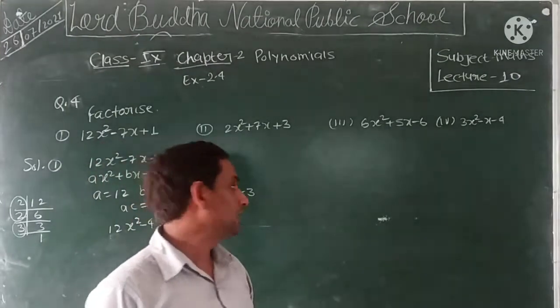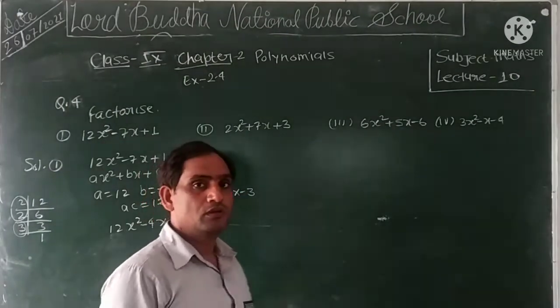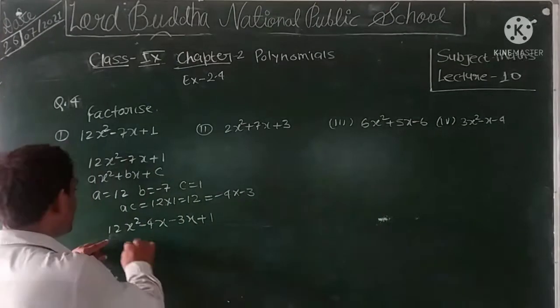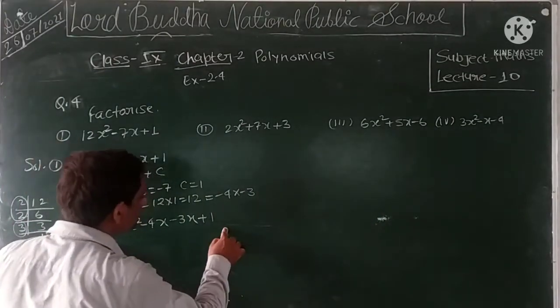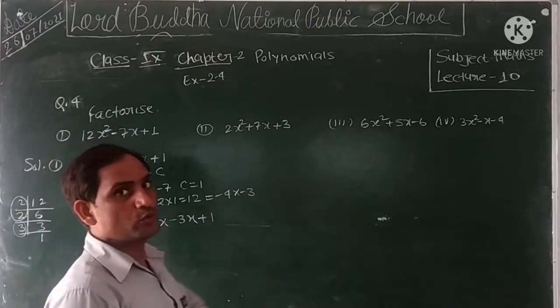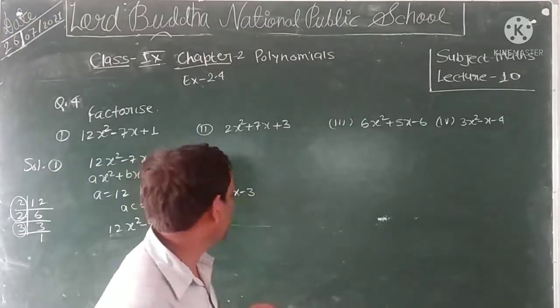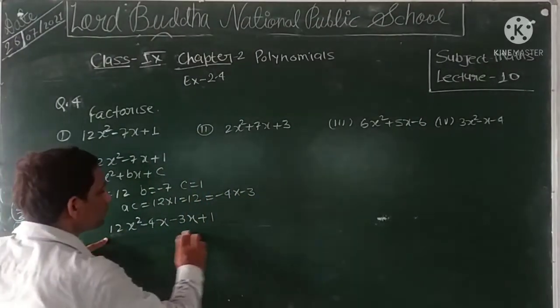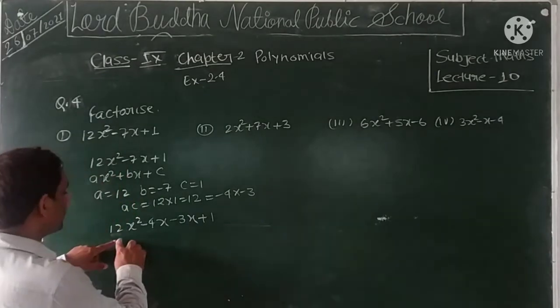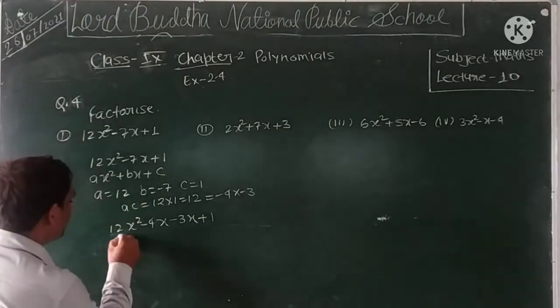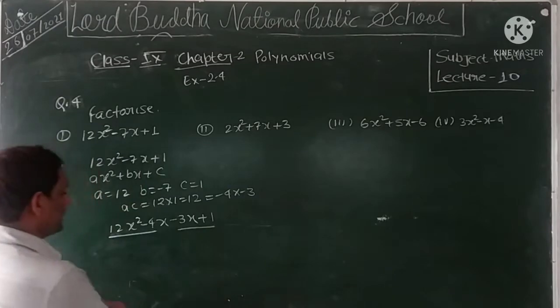We find here there are 4 terms, and we see that there is no common factor in all the terms. Hence we take 2 terms together which have some common factor. What will we see here? In all the 4 terms there is nothing common, so what will we do? We select the first 2 terms and the second 2 terms.